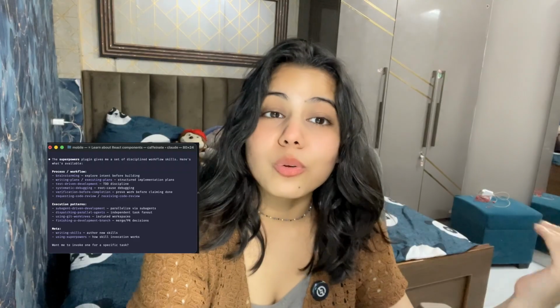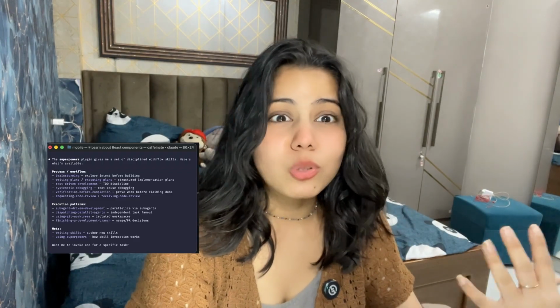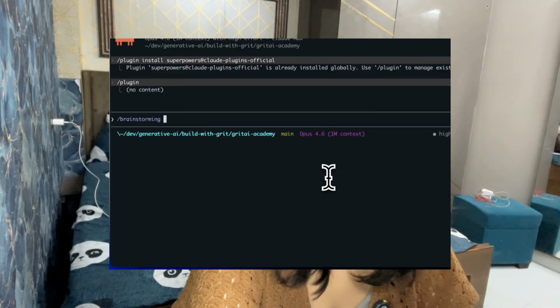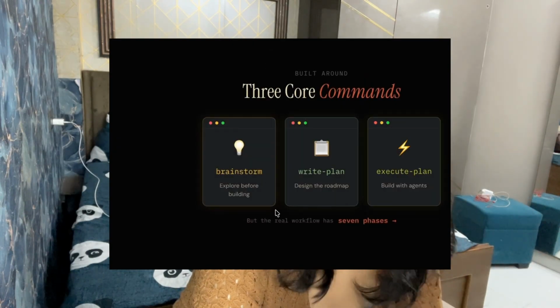Okay, now let's talk about Superpowers. This is already available in Anthropic's marketplace, so no setup needed. What it does is teach Claude Code how to build things properly. Let's suppose you're someone who's not very technical but has an idea. Instead of jumping straight into code, Claude will brainstorm with you first, nail down a specification, plan the implementation, and then execute using sub agents with code review built in. It also enforces real TDD: tests have to fail before Claude writes the implementation. Install it. Okay, now quit Claude Code and reopen it, and you will see a confirmation that Superpowers is active.